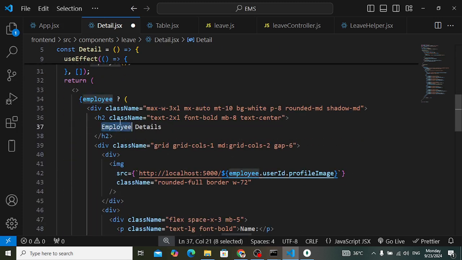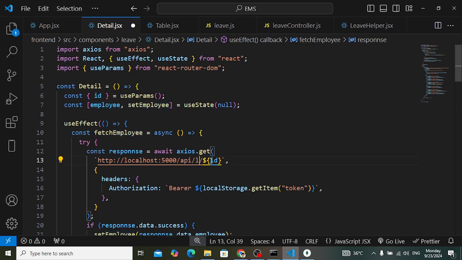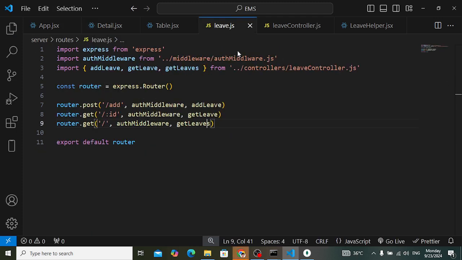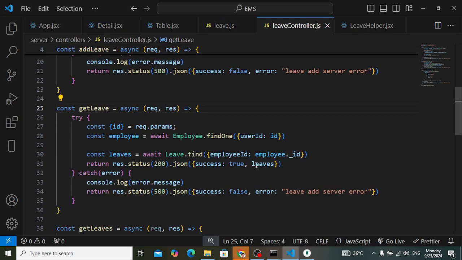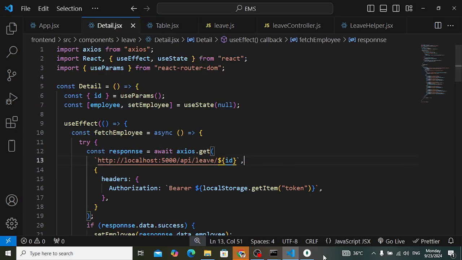First of all, this is leave detail, and here instead of this employee, we will just move to the leave, just leave, and we will fetch a leave based on ID. Just come here, and based on ID we return get leave. Coming to the detail, here we will return the API leave based on ID. I will just add here detail also, because we want the detail, and then we will just display instead of this leave